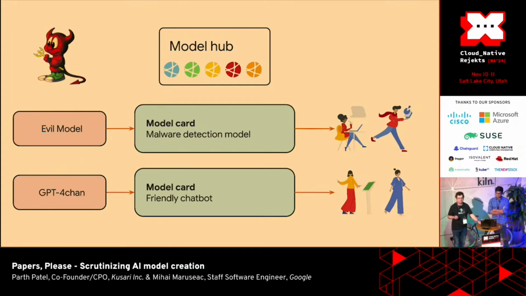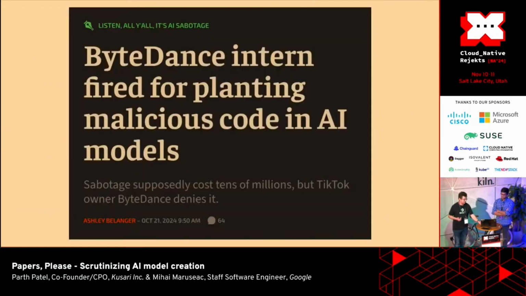Well, this doesn't really work that well, because users are going to see that the first model is called evil model, and they're going to say, no, I'm not going to download that. And the second one, again, from the name, they're not going to download it. But that's something I can easily fix. I can just change the name of the model, and now users will not be able to know what the problem is. So that's the main thing that we're trying to solve: tying the model to how it was built in a way that is tamper-proof and stored in attestations and so on.